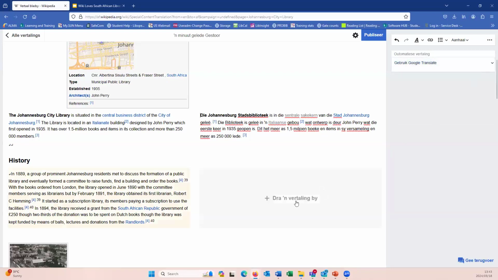And as Jeremiah had said, the Wikimedia Foundation does understand that the translation tool is not perfect, so it will not allow you to publish without changing something there. You need to change the context so that you are able to publish your page. So is there something that you can change there, Jeremiah? For the first example, if you want to reorder the sentence, speaking about the collection, die